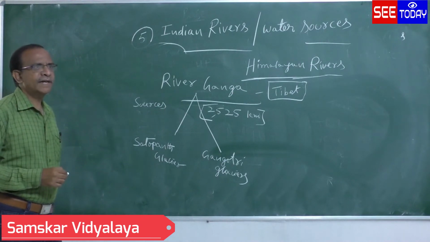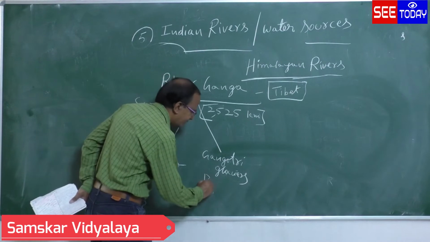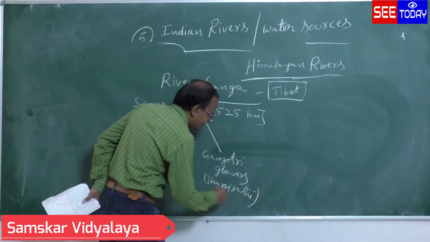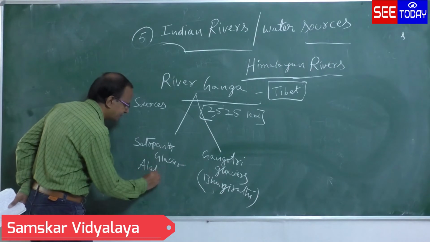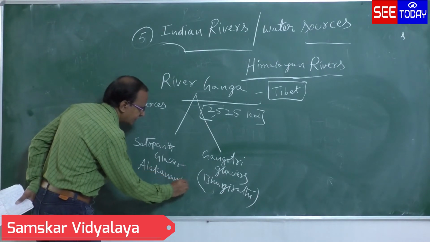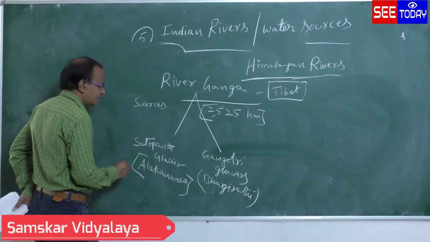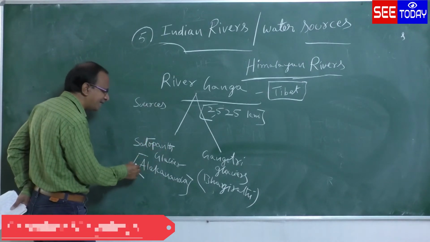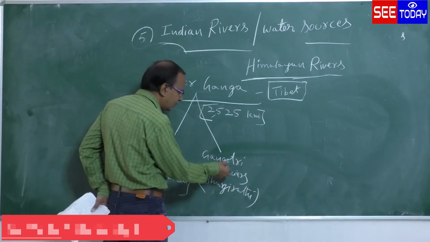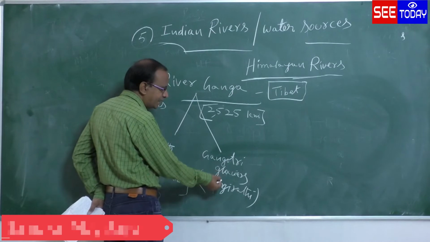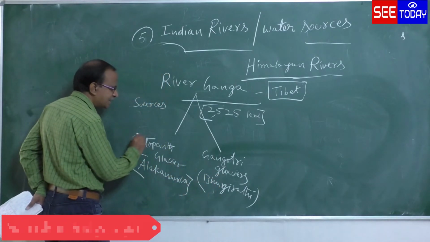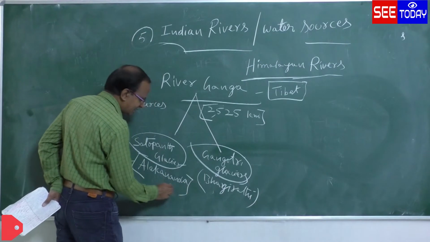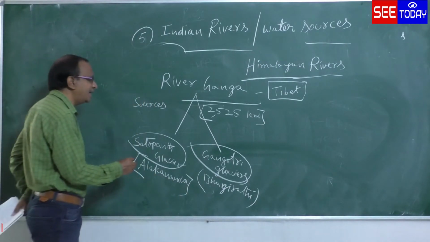And this used to be called the Bhagirathi river and the Alakananda. The Satopant glacier by melting formed the river Alakananda, and the Gangotri formed the Bhagirathi by the melting process. So by the melting of these two glaciers, the rivers Bhagirathi and Alakananda both are joining